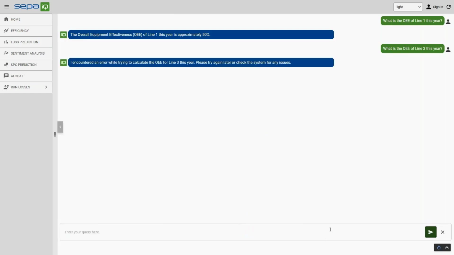We're in manufacturing, so that doesn't work. You cannot have your analysis just making up information. And you can see here it says, oh, we encountered an error. So it's not going to give us fake information. It attempts to execute it for line 3, and we don't get an answer back. That is very important.